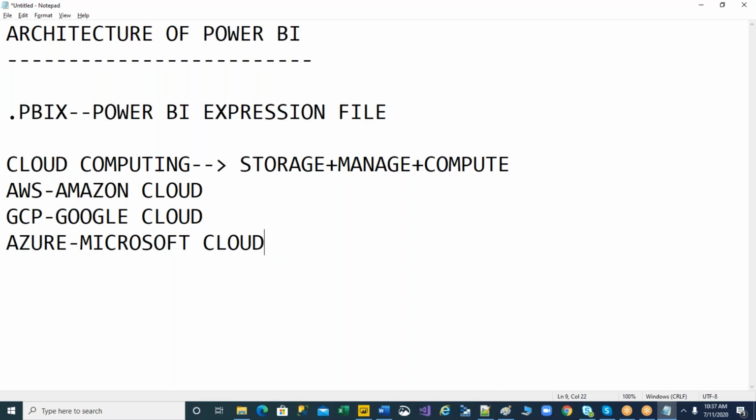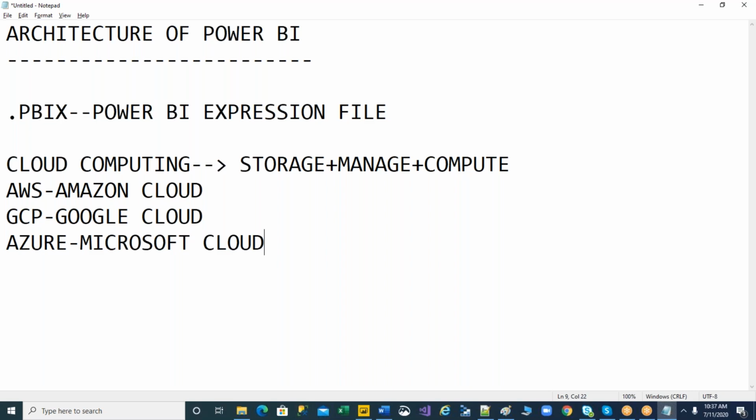In simple terms, let us not go into detail right now, because I am going to explain that in detail in the Azure sessions. But as an overview, what is cloud actually? Cloud is a storage area where we store the data, manage the data, and compute whatever logic implementation we require in another place. Suppose I go for Azure, I am going to store the data in the Microsoft physical data centers. So that is called